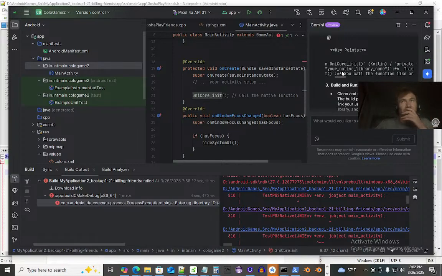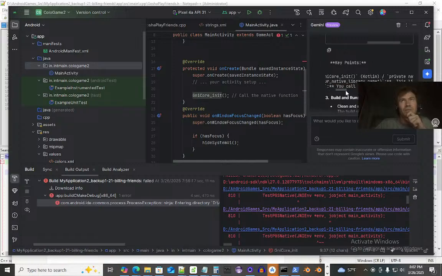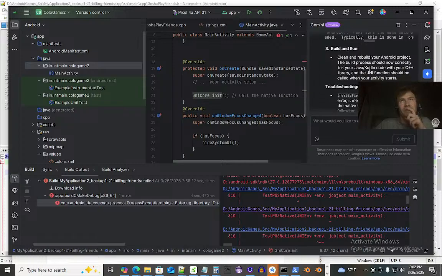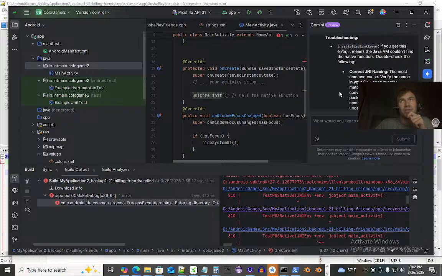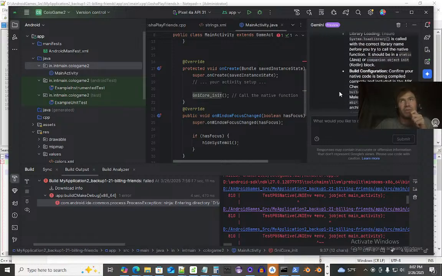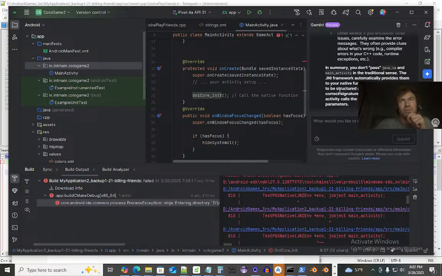Okay, so they basically are saying this JNI is the synthetic method thing, and typically done on create. What happens if it's on resume, like resize or something? Clean and rebuild your Android project correctly. Okay, so this is like a surgical operation. This is surgical code, architecturally built into the